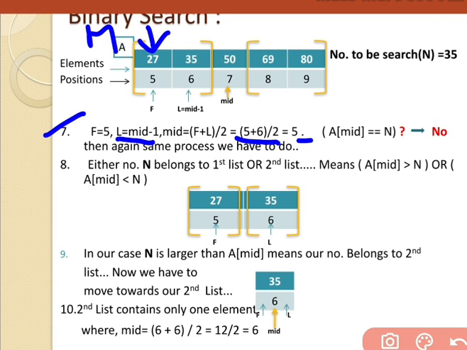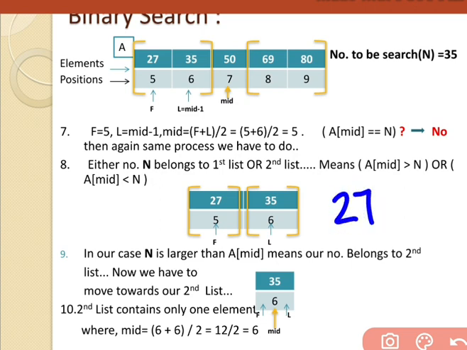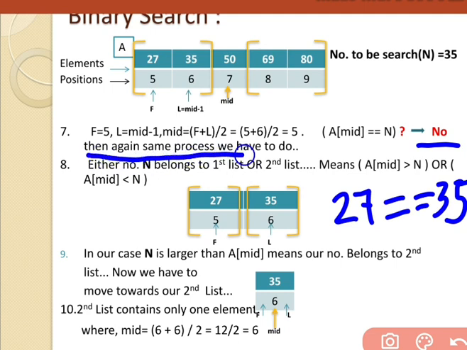But see what happened: the mid location now contains 27. Is 27 equal to 35 or not? The answer is no. Then we have to do the same process again.